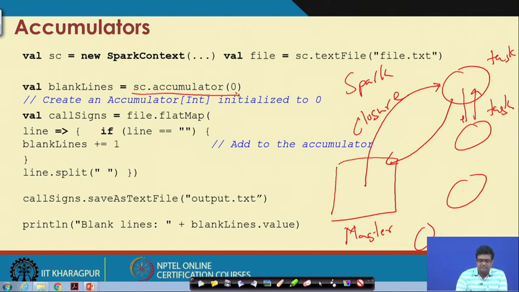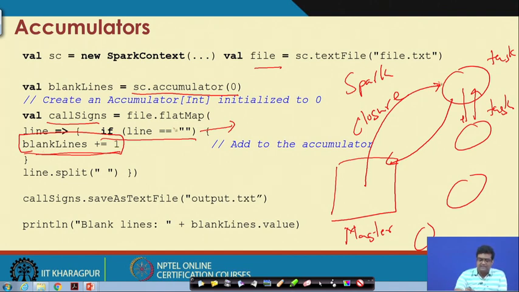Now, say you have this file RDD on which you call a flat map, and basically it counts the number of blank lines. You have this file for which you are processing the lines, and if you have a line which is blank, you just increment the blank line counter.